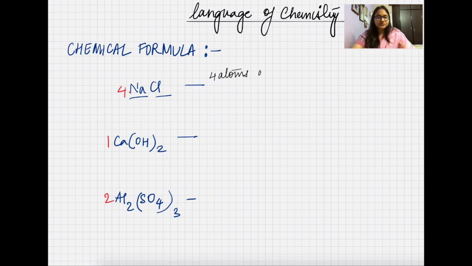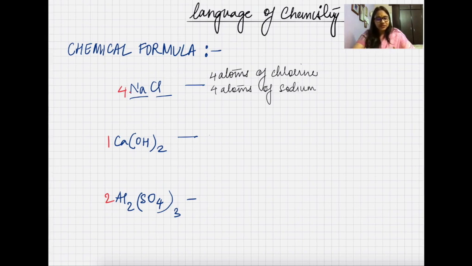If there is any number written before it, like 2, then that suggests that this is 2 molecules of sodium chloride. So in the first compound, sodium chloride, there is a 4 written in front of the NaCl compound, right? This 4 is written in front of NaCl. At the base of Na, there is no number written, suggesting that there is only 1 atom of sodium. So you will multiply 1 with 4 in front of it, giving you 4 atoms of sodium.